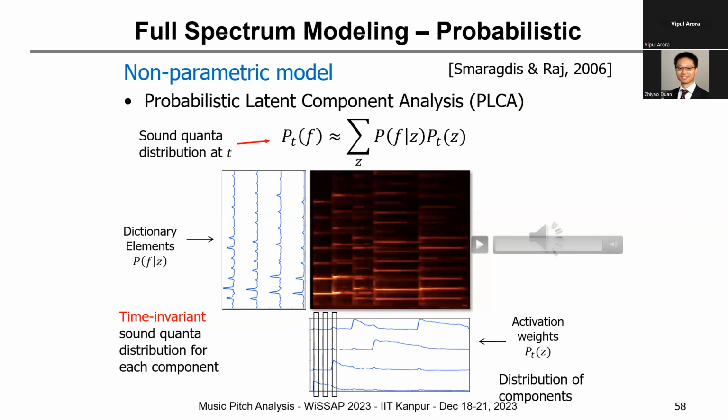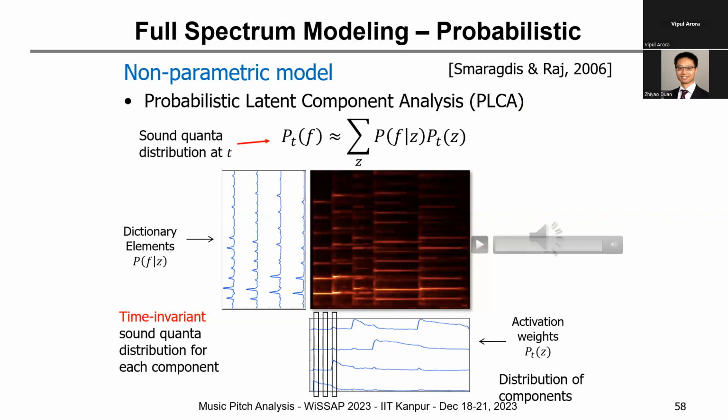Now we take this magnitude spectrogram as a matrix. It's a non-negative matrix. All the values are non-negative. And then we can decompose it into these two non-negative matrices. Or in probabilistic language, we can decompose the distribution of the sound energy across frequencies at each time into this,